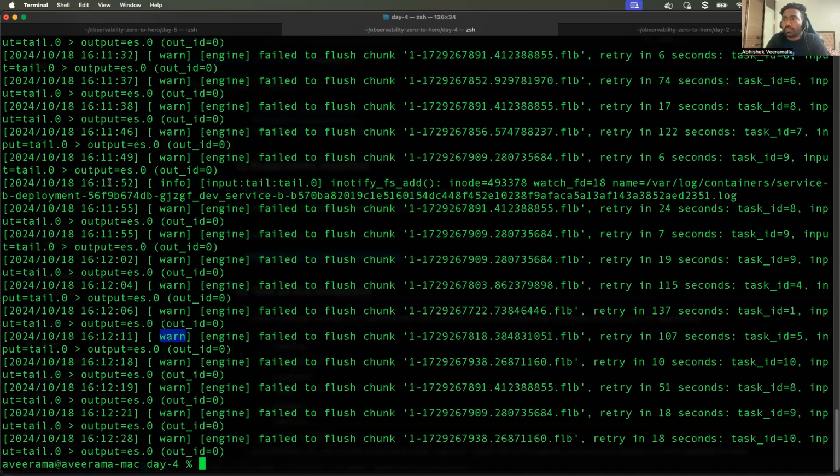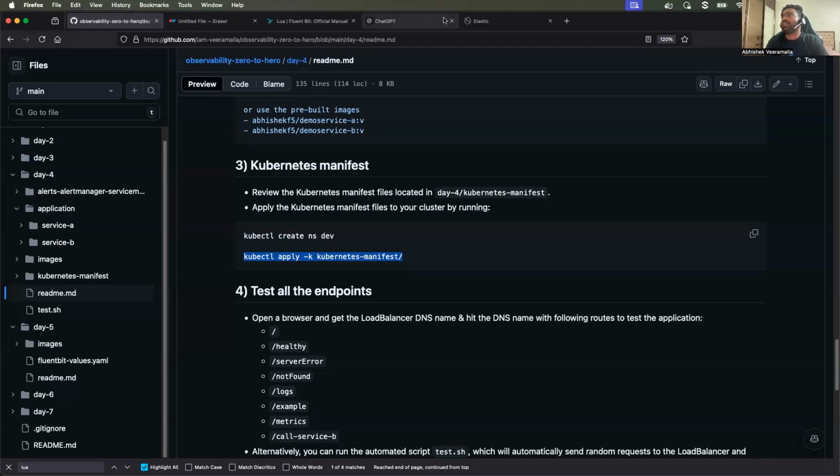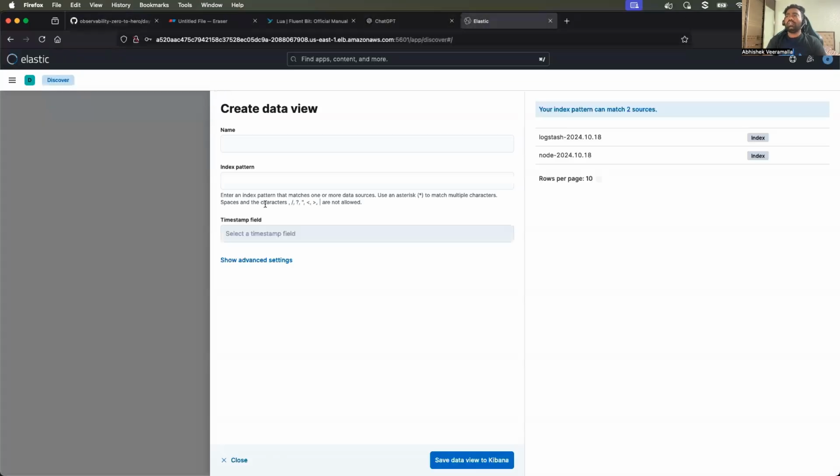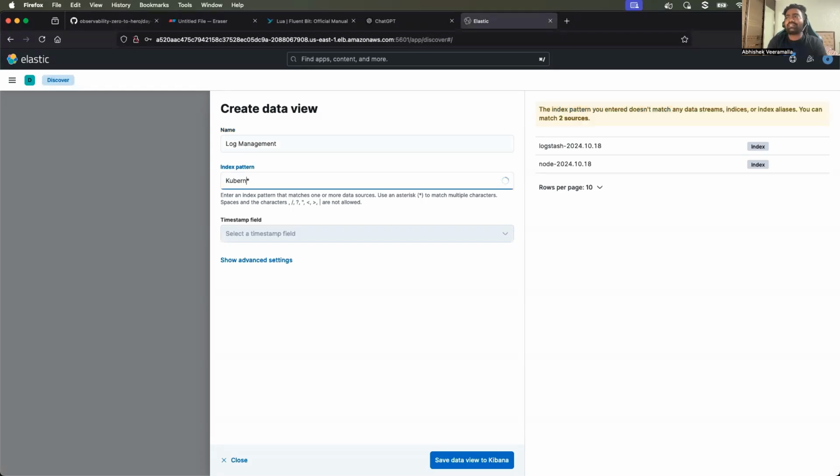All that I want to show you is there is an info message in the FluentBit saying that it could find service B deployment and service A deployment. And it has forwarded that to the Elasticsearch. So now in Kibana, create a view. Let's call it log management. And you can also provide a log pattern. For now, let me just say it as